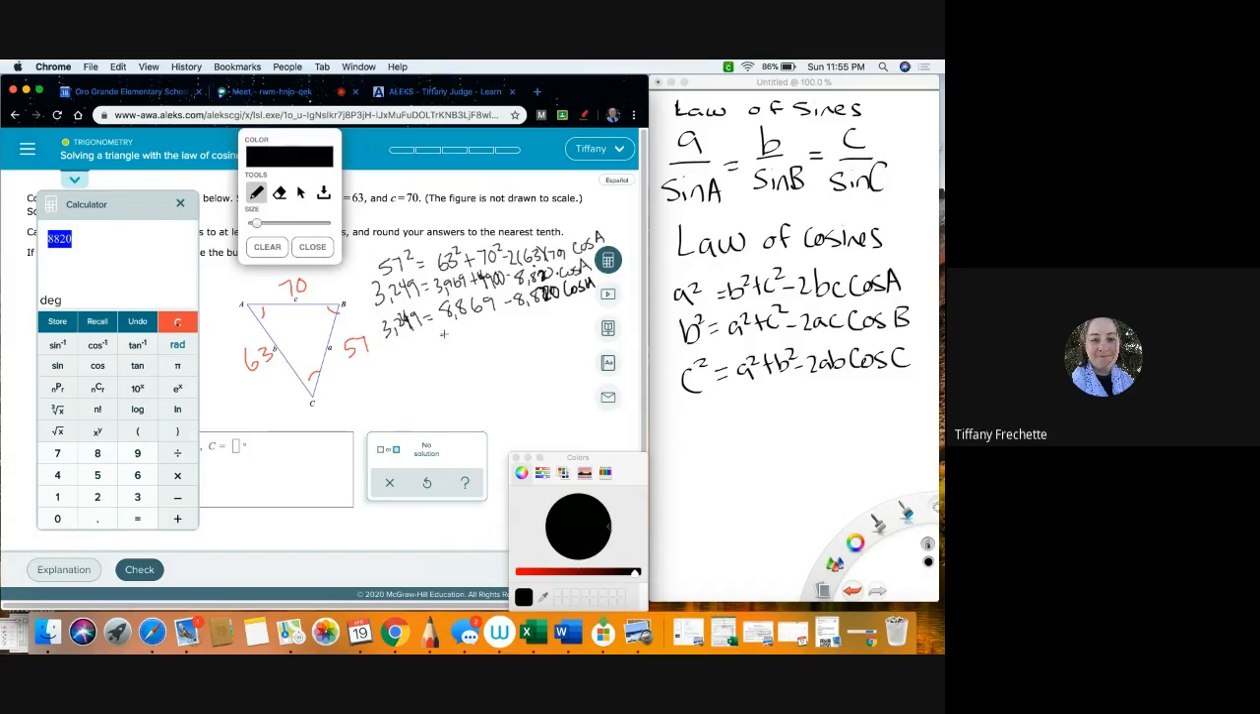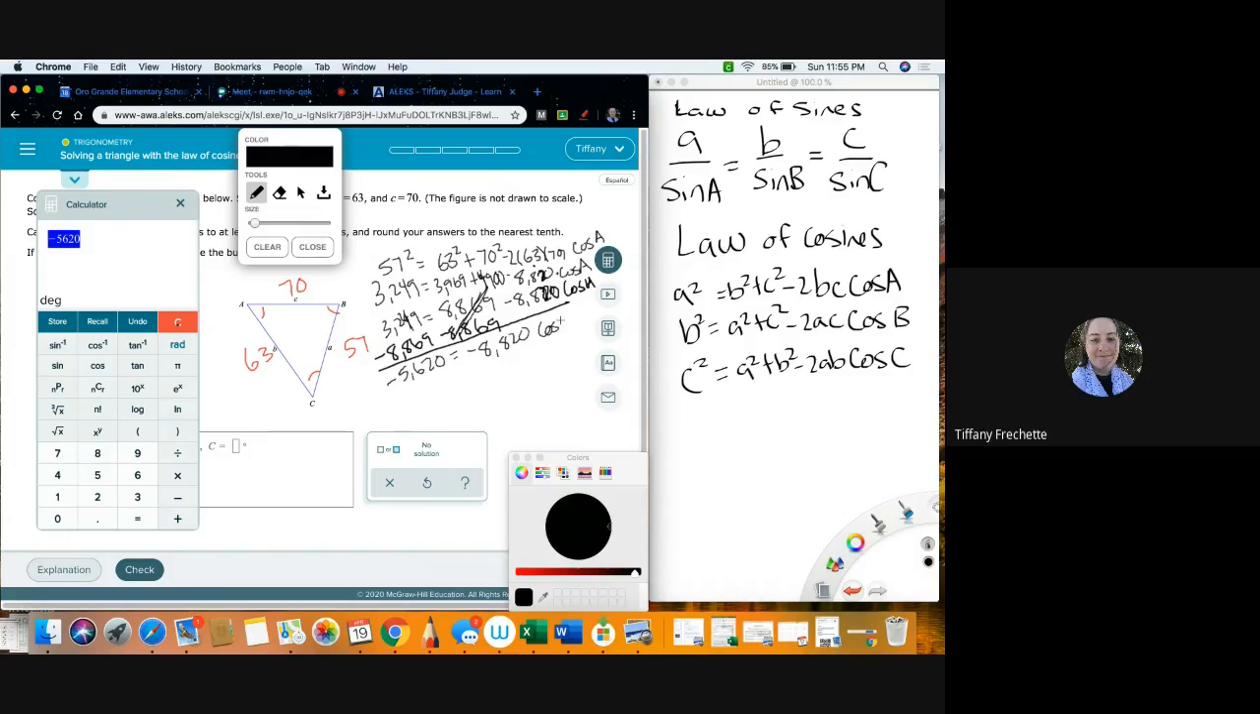Okay, so now I want to bring this 8,869 over to this side. So we're trying to get cosine of A all by itself. So now we have 3,249 minus 8,869 equals, so we get negative 5,620 equals negative. So remember, these cancel. These are the same number, even though they're large numbers. 8,869 minus 8,869 is 0. So I'm just going to bring this negative